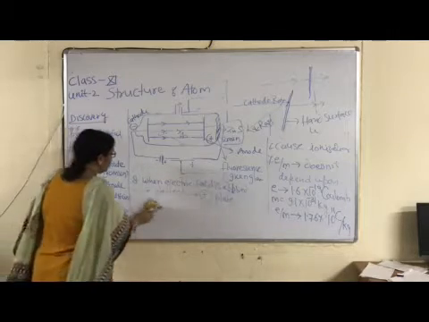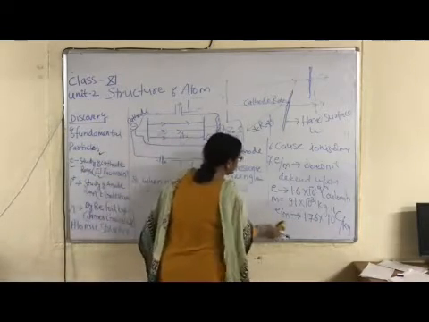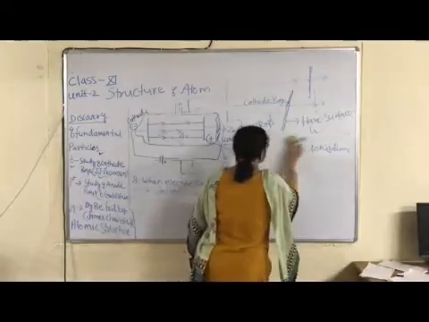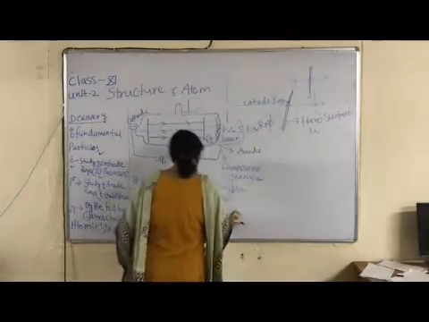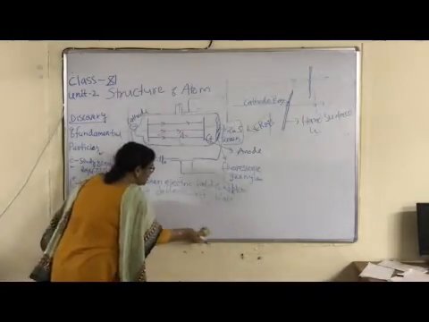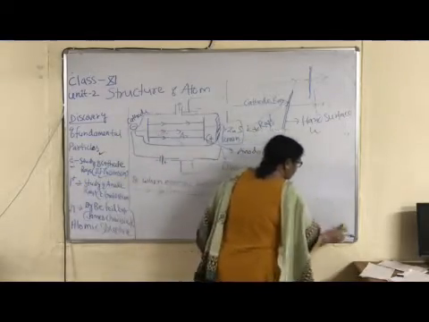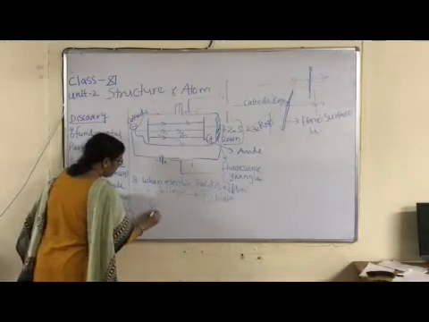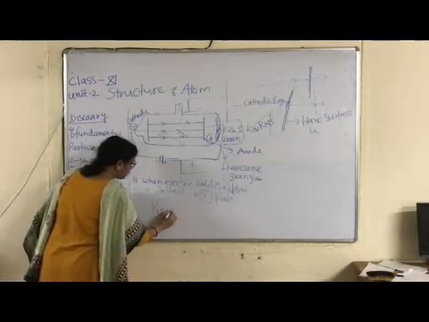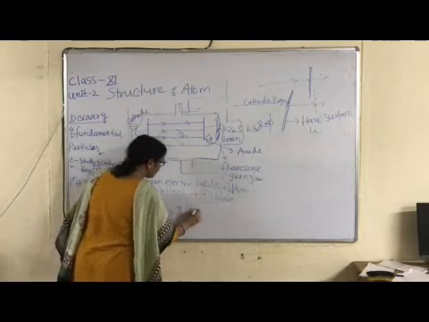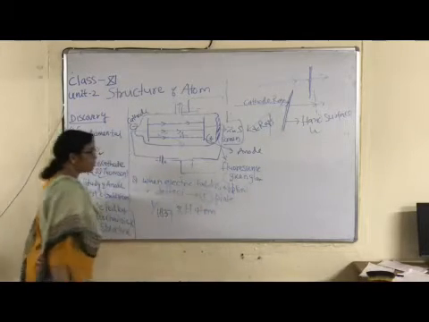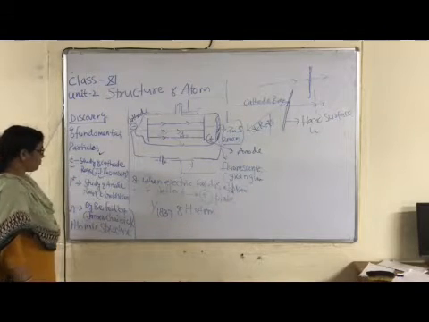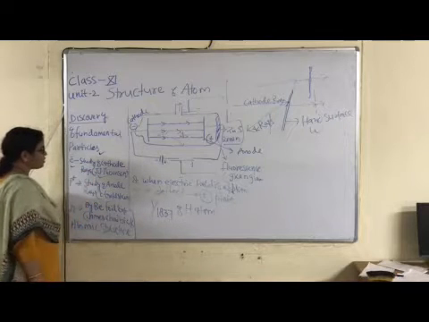Okay children? Now, on the basis of this experiment, the electron is defined as a fundamental particle which carries unit negative charge, and the mass of an electron is nearly equal to 1/1837 the mass of a hydrogen atom. Okay children, so this is a brief description of the discovery of the electron by the cathode rays experiment.